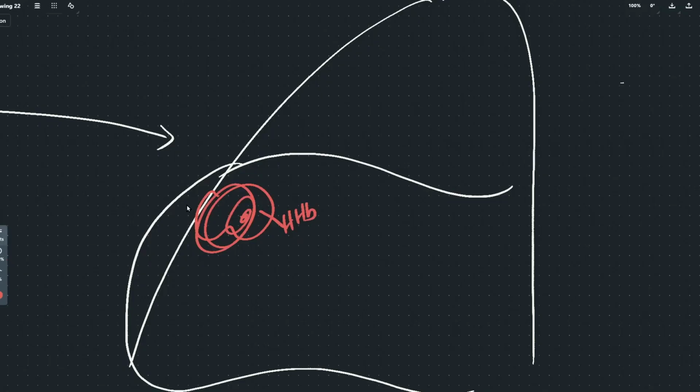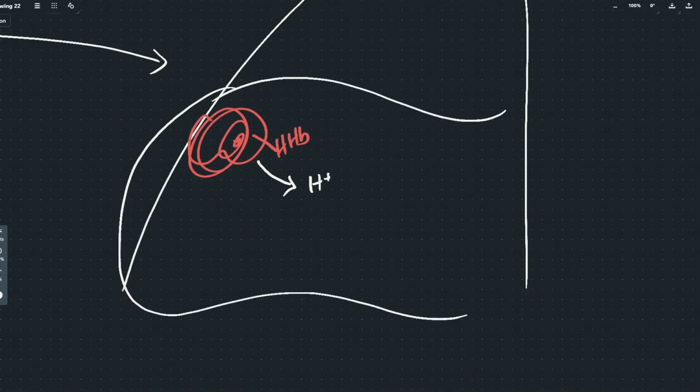So here the protons will be released, right? And then what will happen is that there again we will have this AT1. So through these channels, the chloride will come out,